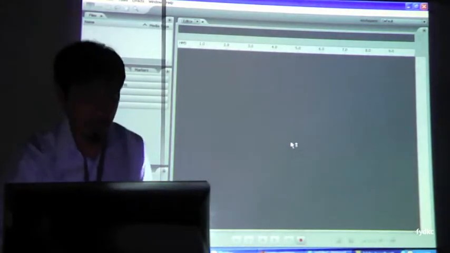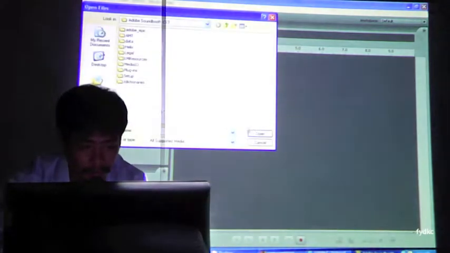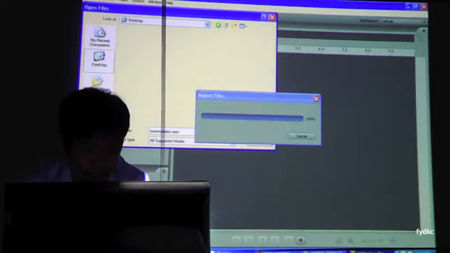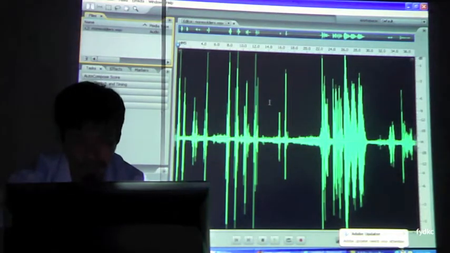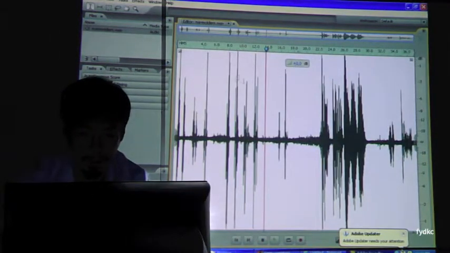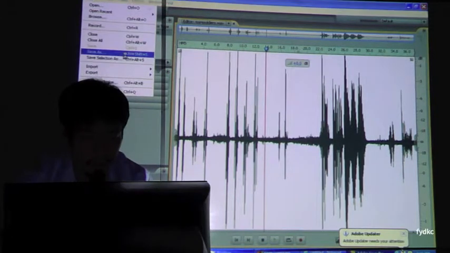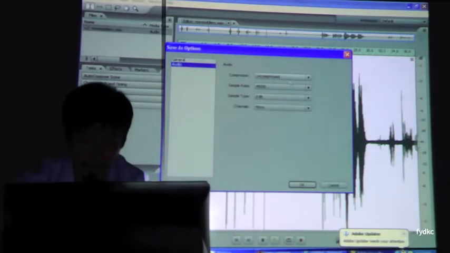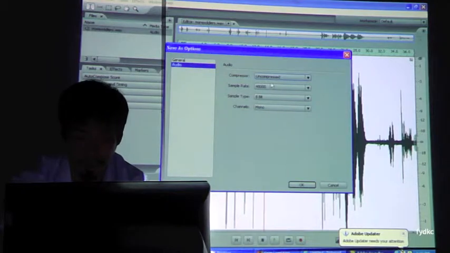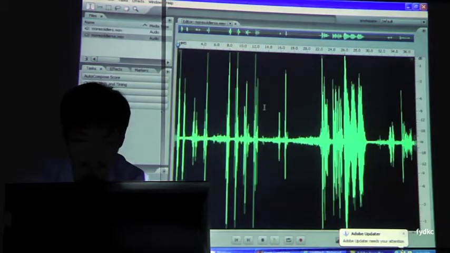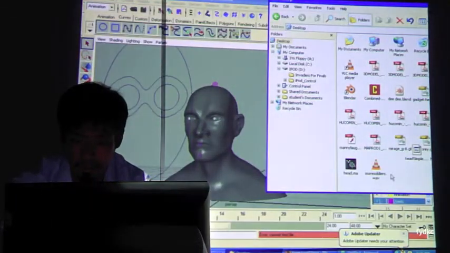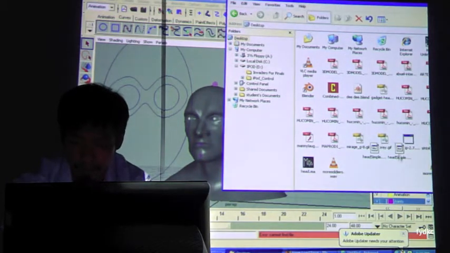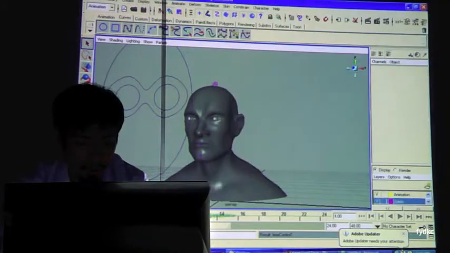Alright, so Soundbooth is open. Let's open up my file. In this case, it's called More Soldiers. I'm just going to select the whole sound and do a file save as, and it's a Windows waveform. I'm going to save it, and the compressor is set to uncompressed. Then click OK, and that's it. That's all I need to do. So back in Maya, I'm just going to get my updated sound file and drag it to the timeline. And you should see